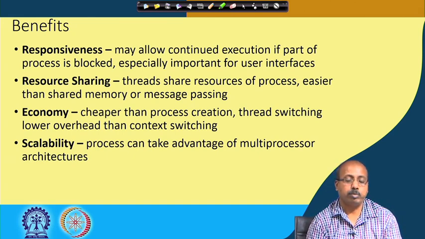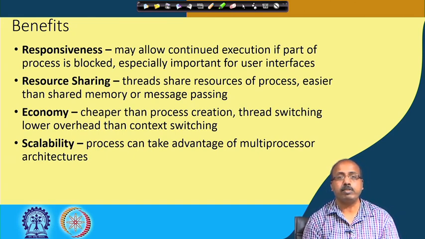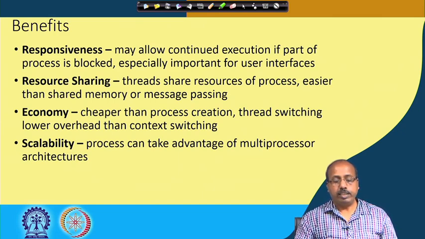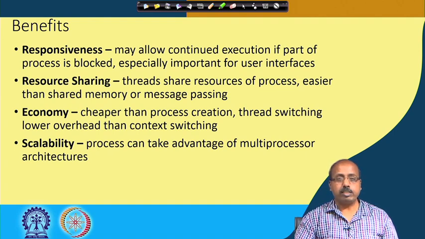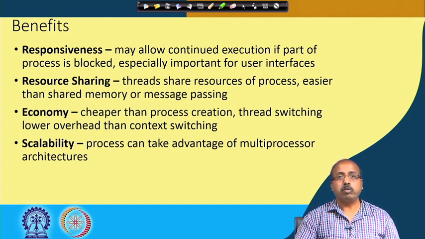Then the resource sharing: threads share resources of the process easier than shared memory or message passing. So, previously we have seen at the process level, if you want to share information, we have to either have some shared memory or some sort of message passing between the processes, but both of them are costly because shared memory is limited in size and message queues are also